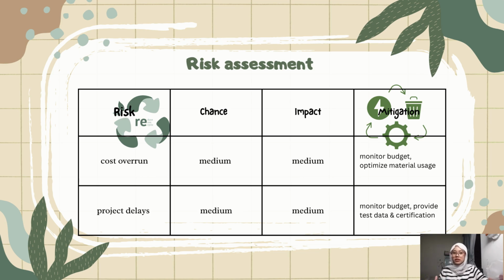And the last risk is project timeline delays, which may occur due to delays in material supply, in production, or laboratory testing. This also has a medium probability and medium impact, as it can postpone project completion. The mitigation strategy is to develop a realistic project schedule, monitor progress regularly, and maintain clear communication with suppliers and team members to ensure activities always remain on track.